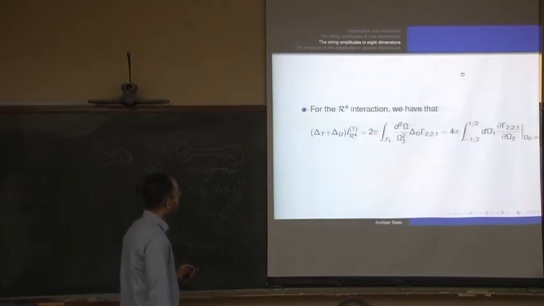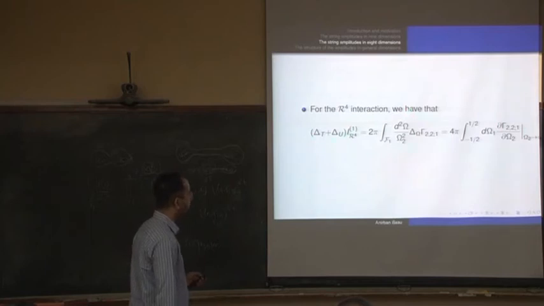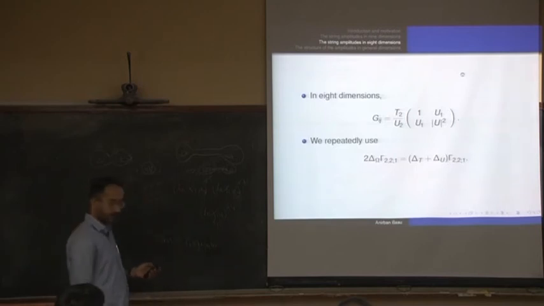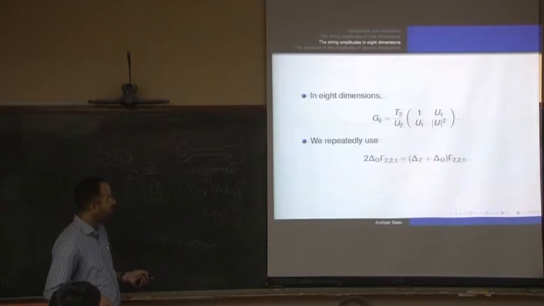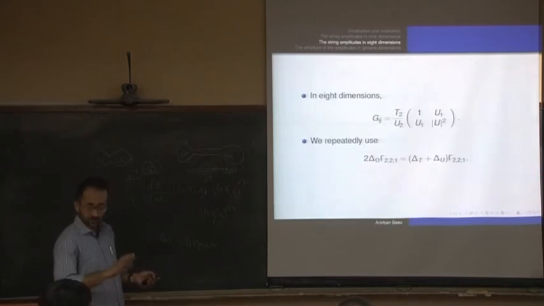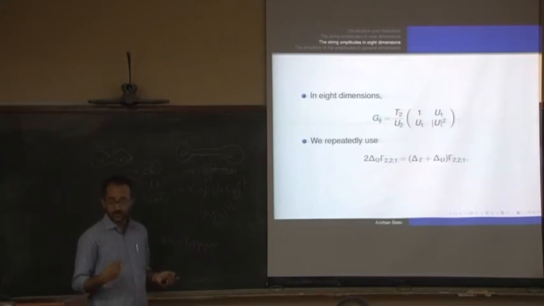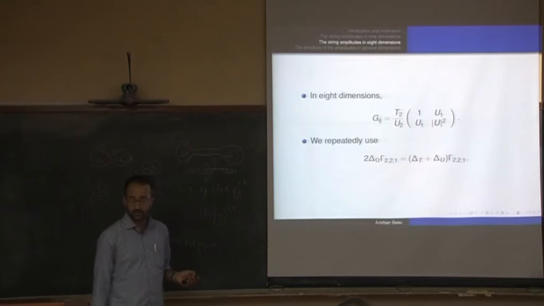So let's now begin. For the R to the 4 interaction we have this. Now this was actually the boundary term we had, which we had thrown away. So grad T plus grad U. This is the Laplacian on SL2Z T. This is the Laplacian on SL2Z U. So this is the moduli space Laplacian. This is the moduli space on the world sheet, in this case, the genus 1 world sheet. This is the analog of that. But now it's manifestly T duality invariant. So that is the whole point.